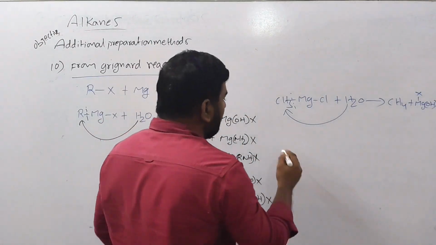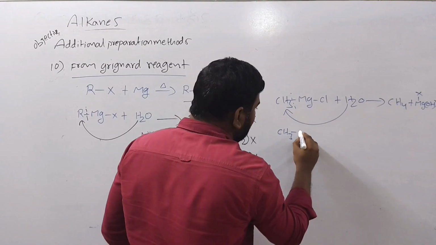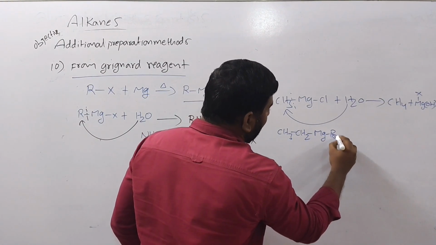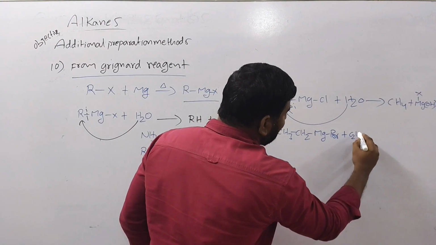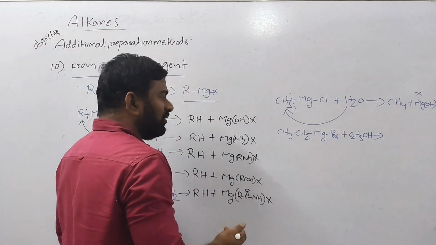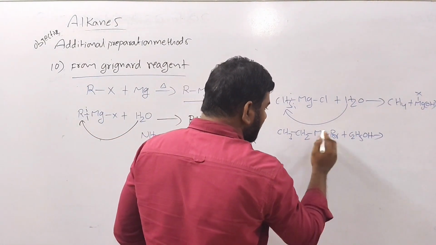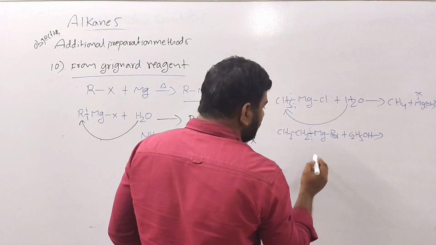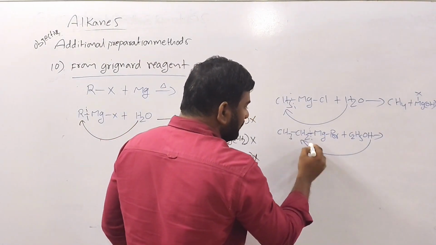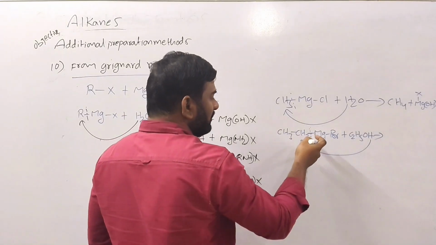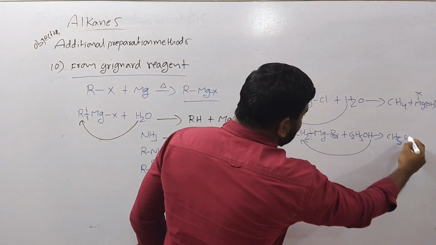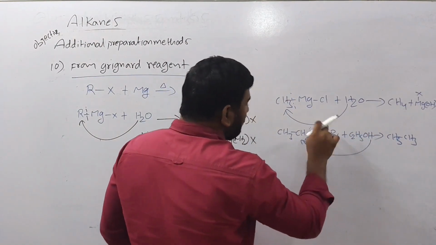Okay, right. If you take ethyl magnesium bromide, CH3CH2MgBr, and react it with C2H5OH, it will give ethane. Here also, this is an acidic hydrogen containing compound, so you have to break the alkyl and magnesium bond. One hydrogen is added to the last carbon. To which carbon? Mg is attached to that carbon, so you add hydrogen there. Then what will you get? CH3CH3. The remaining part you add to the Mg.